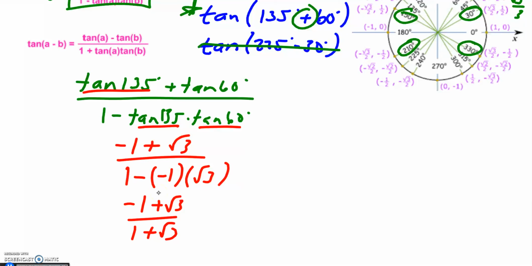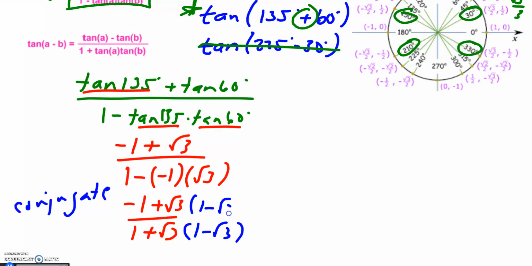Now, if you did not want your answer rationalized, and if your teacher says that's okay, you can leave your answer like this. But, as a lot of you know, we can't have a radical in the denominator. So what we could do is multiply top and bottom by the conjugate. So we could multiply by 1 minus root 3 over 1 minus root 3, and we can simplify. If I multiply on the top, I would get -1 plus root 3 plus another root 3